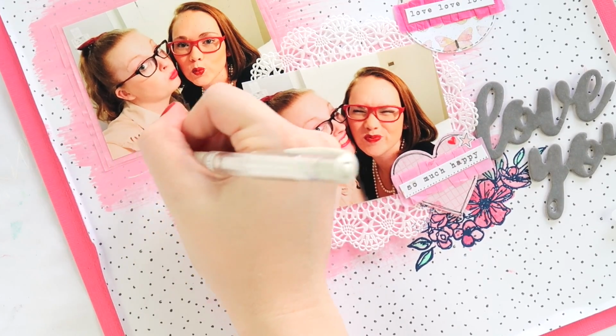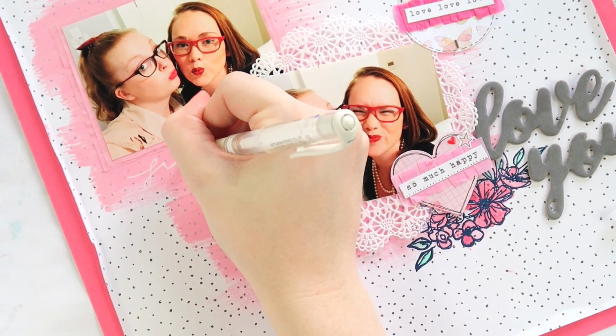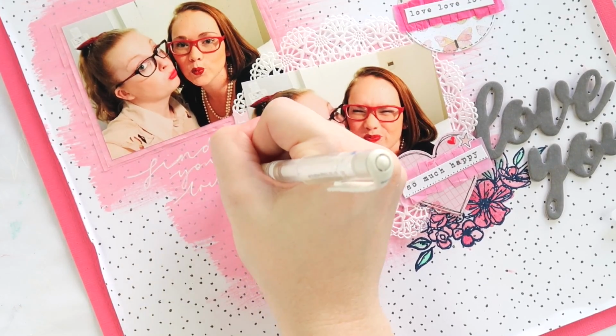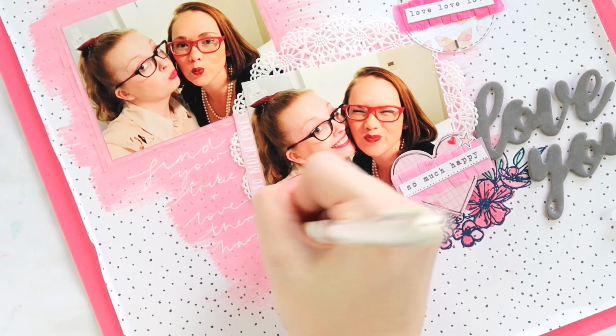Fair enough. I made monthly cards with little doodle wreaths. Oh, that was so fun. So here I had this big empty pink space. I tried to put an embellishment there and it looked silly. So I decided to just do a little quote, and it says, "Find your tribe and love them hard,"